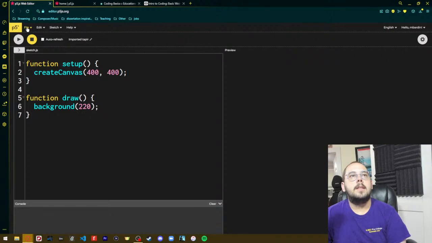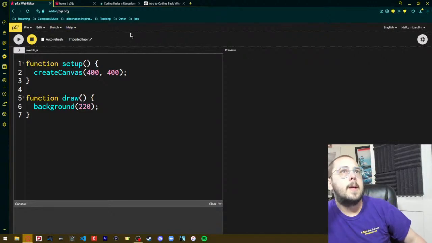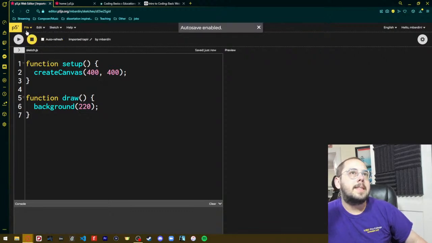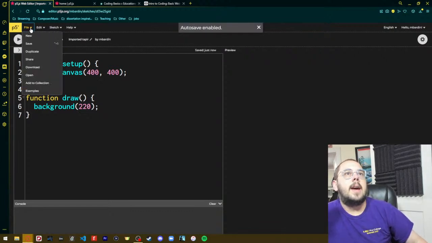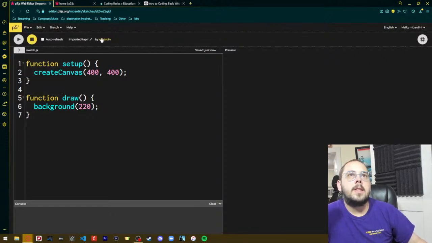All right, the last bit over here is this window, which should look pretty familiar. That's part of the reason I put it off to last. Under File, you have the option to make a new file, save, and open. You can see some coding examples that P5 has made as well. I'm going to save this sketch, and now we have a few new options. Once you have saved it, you'll notice that it now says the name of the sketch by your account name, and if you click on it,